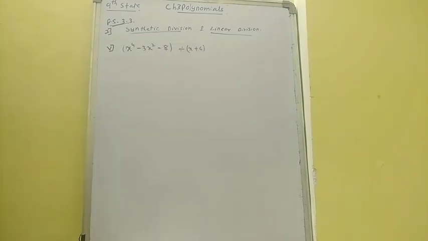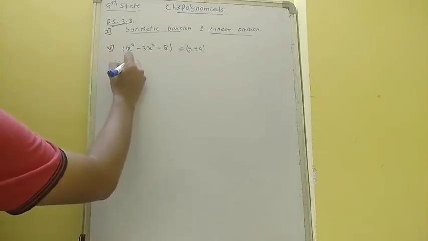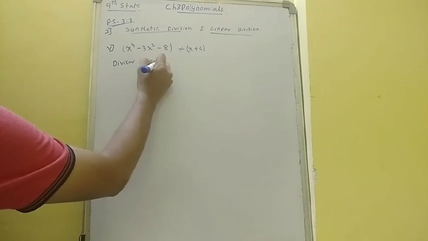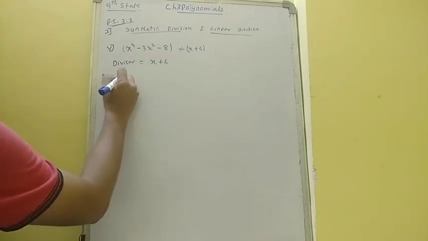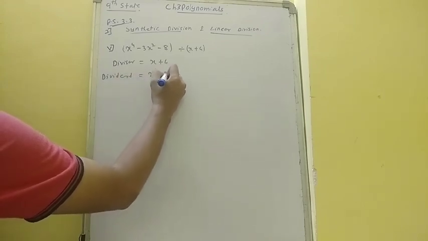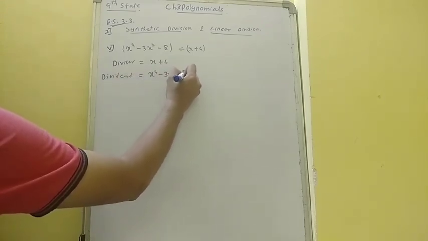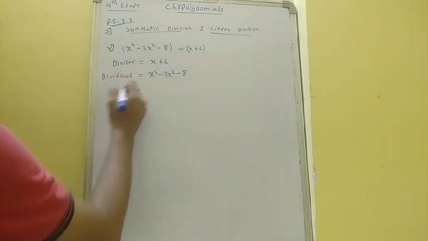Okay, now we'll start with the fifth one. So again we have divisor as x plus 4, and the dividend x raised to 4 minus 3x square minus 8. Okay, so